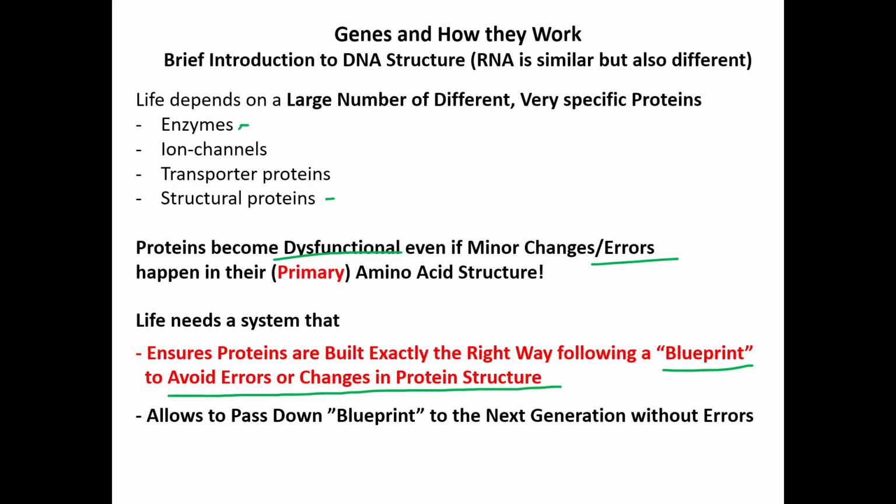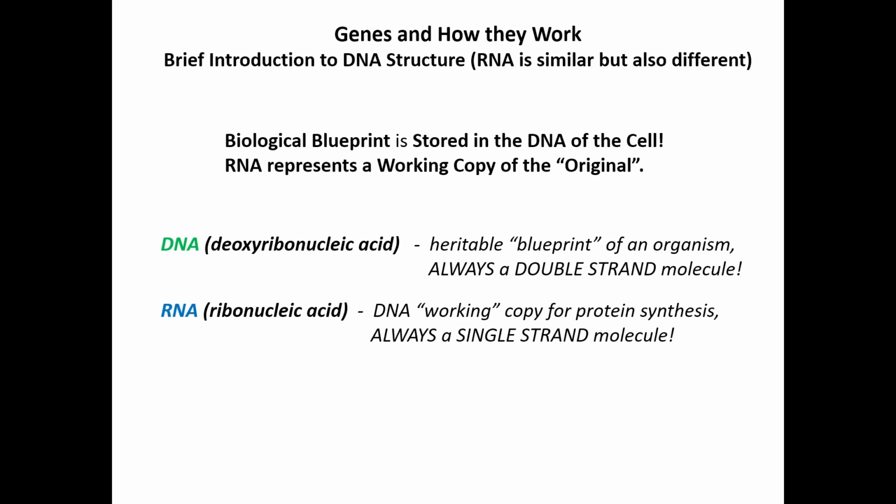And the other benefit of having this blueprint stored in cells is that the information, the code for producing proteins in the proper way, can be passed on from one generation to the next generation. So, this biological blueprint, the construction plan for cells and their proteins, is stored in the DNA of each and every cell. The RNA comes into play a little later when we look into how the information stored in